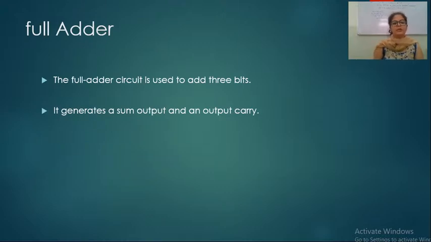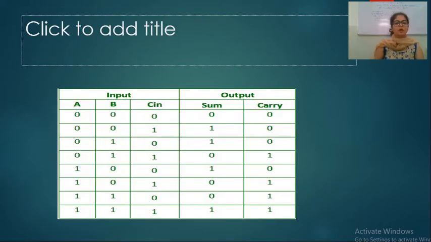Next is full adder. What is full adder? Full adder is a circuit which is used to perform addition of 3 bits. So if we have to perform addition of 3 bits, we can make use of full adder. It also generates two types of outputs, one is sum and one is carry. Half adder also produces two outputs, sum and carry. Similarly, full adder also produces two outputs, sum and carry. Now this is the truth table of full adder. Again, this part is already covered in your practical session, so you can go through those videos also.